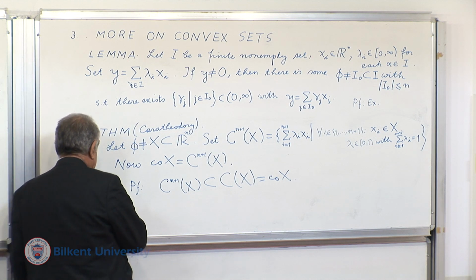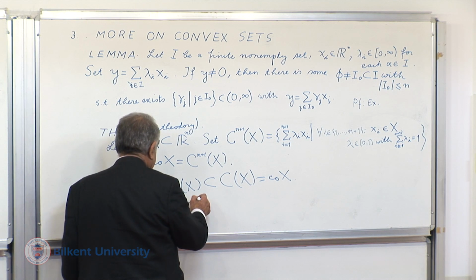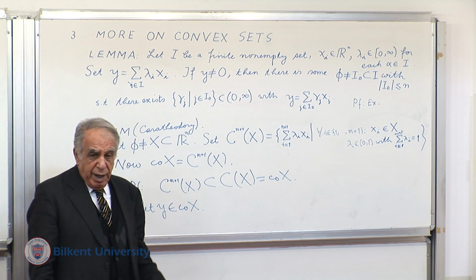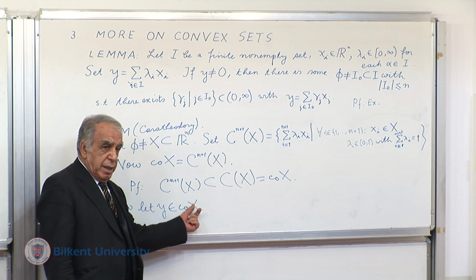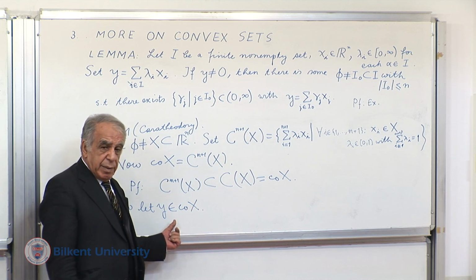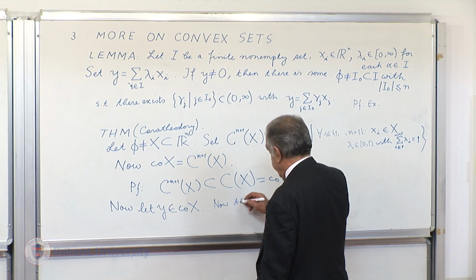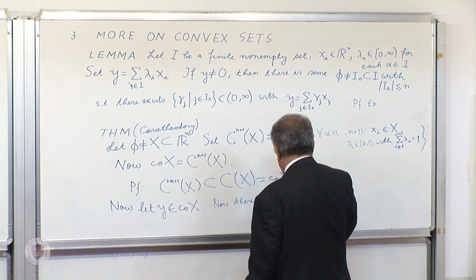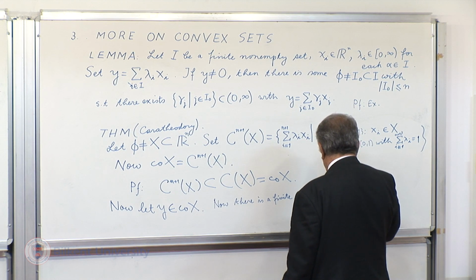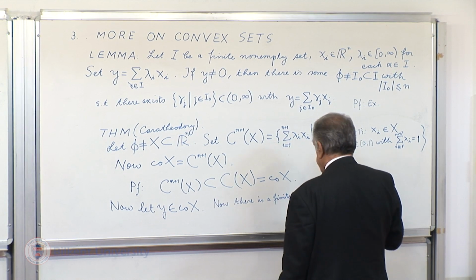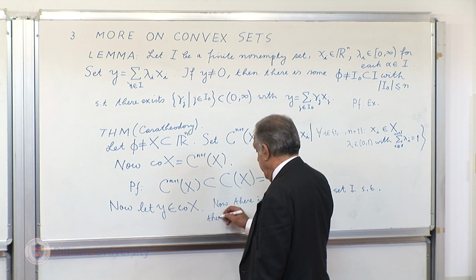Let's consider the converse. Now, let y be in the convex hull of x. But we know this is equal to C(x), so this simply means that there are finitely many members in x, one of whose convex combinations is equal to y. Now, there is a finite non-empty set I such that there exist